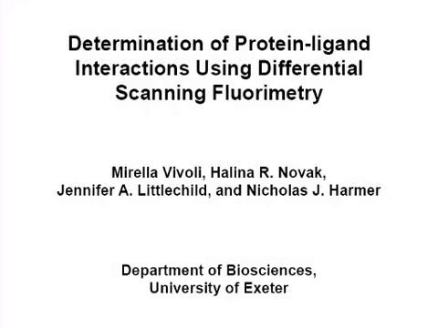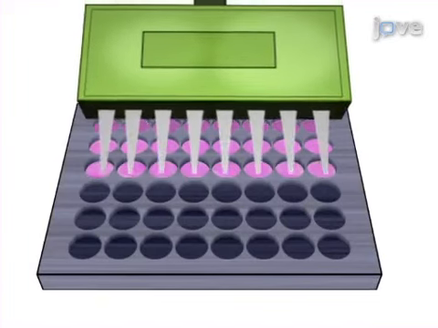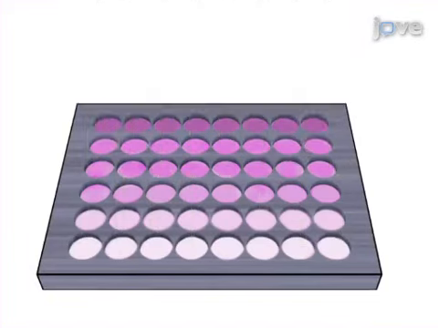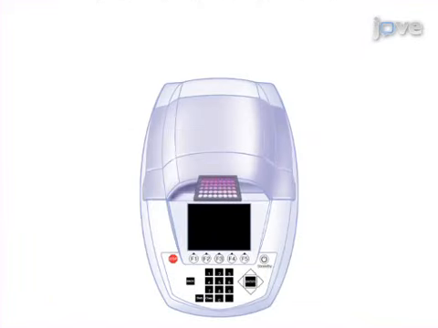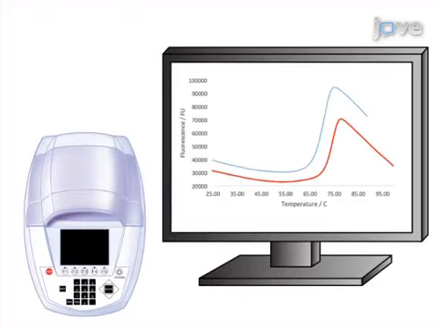The overall goal of this procedure is to estimate the dissociation constant for a protein-ligand interaction. This is accomplished by first preparing mixtures of the protein with different concentrations of the ligand, together with an indicator dye. The second step is to heat these samples whilst recording the fluorescence of the indicator to monitor the unfolding